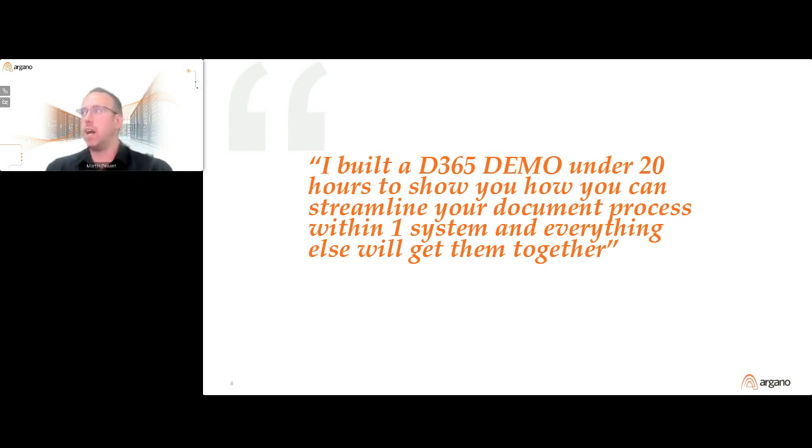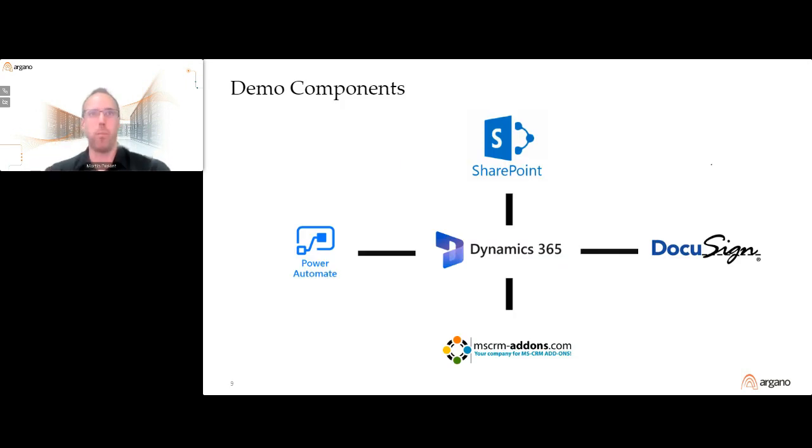But before we dive into this demo, I would like to talk about the different components I've used to build it. The first one, on the top, is SharePoint, which is a Microsoft Office 365 product. We're going to be using SharePoint as a storage area, just to store our documents. Then on the left, we have Power Automate, which is a tool in the Power Platform. We are using Power Automate to orchestrate all our document automation.